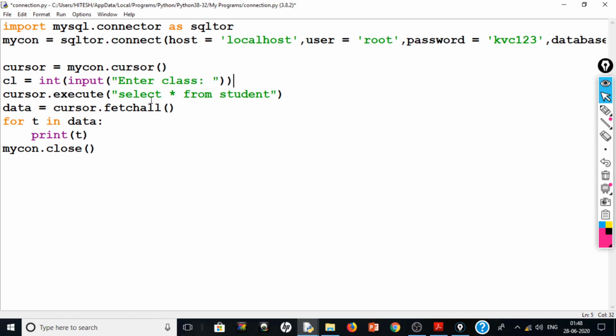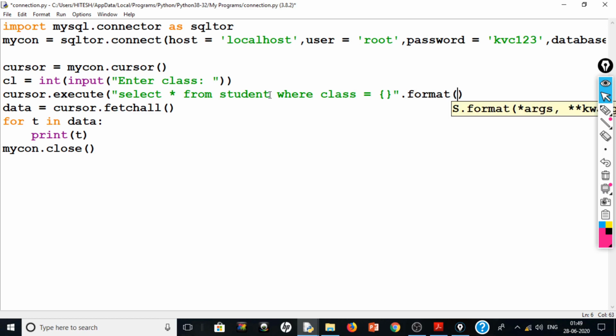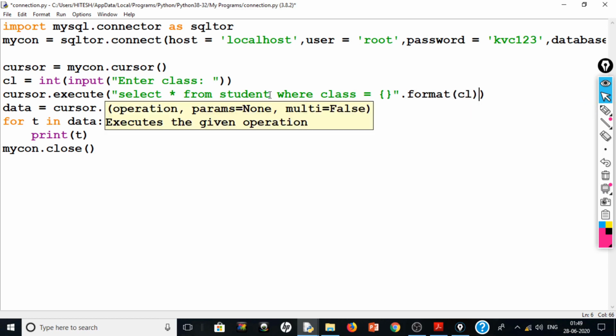So we want to select the records: select * from student where class = {}, dot format the value of CL entered by the user. This value of CL will be entered by the user and whatever the value is, we will select only those records which match the condition where class equals the value of CL, right? And the data will be printed.